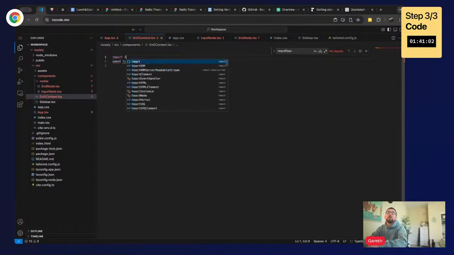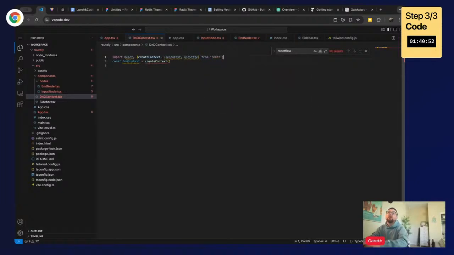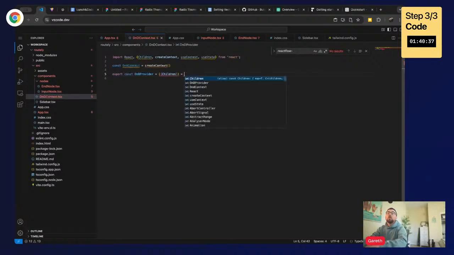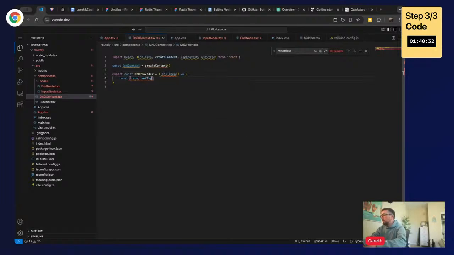Import React, createContext, useState from React. Export const DnDProvider equals children. I don't know if it's going to like this. This will be the type. setType, useState as null. I'm going to return the